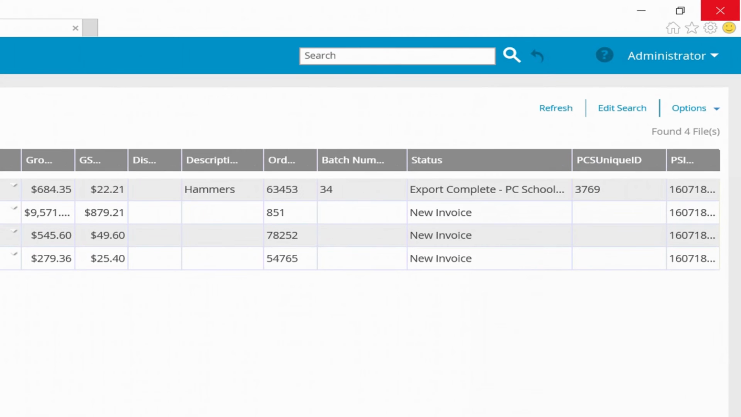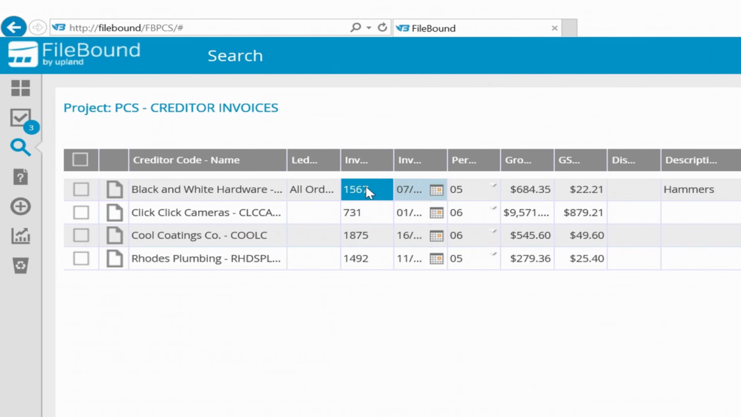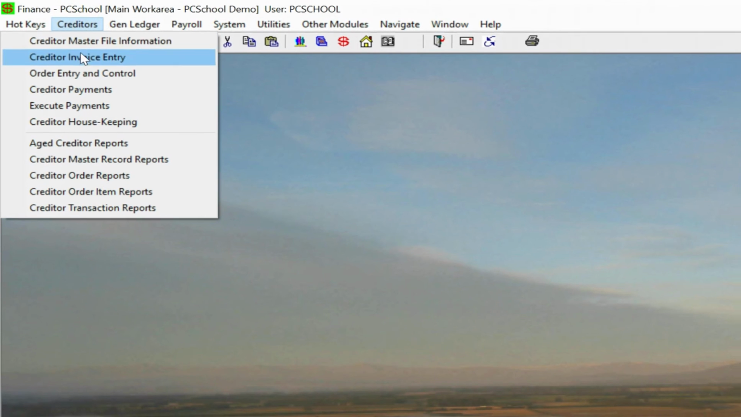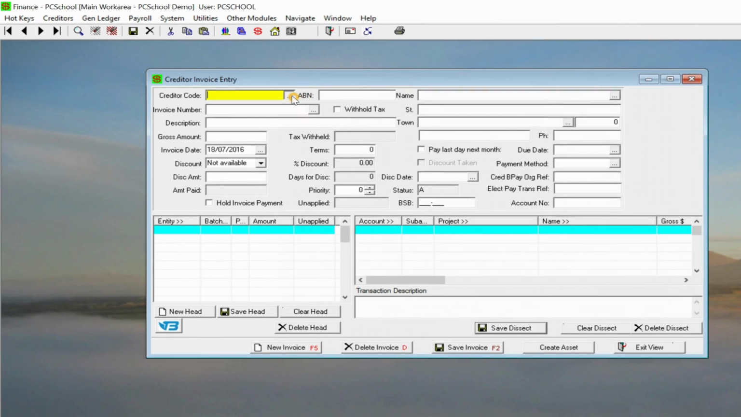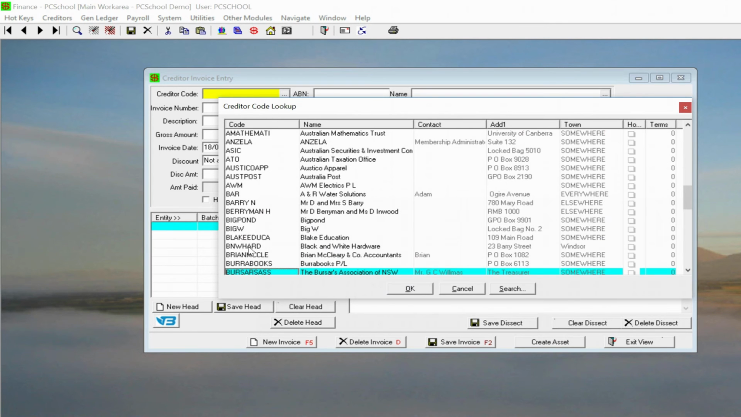and you can see here that we have one invoice, which is our Black and White Hardware, with the status of export complete, PC School review. So what we can do is take our invoice number 1567 and go over to PC School and check the invoice. We go to creditors, and we can look up our creditor, Black and White Hardware,